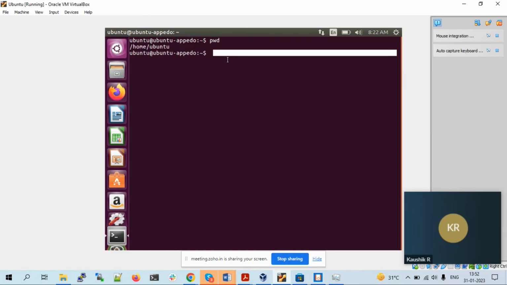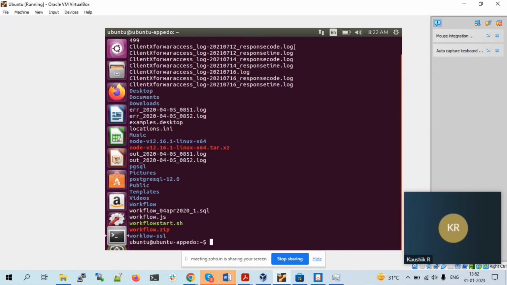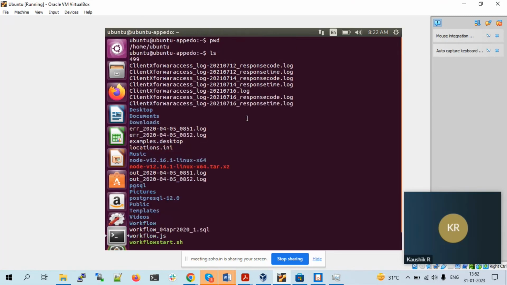So inside that, if you want to see what files and folders are there inside the slash home slash home directory, you need to use the list command. Just type ls, you will see the list of files. Okay,